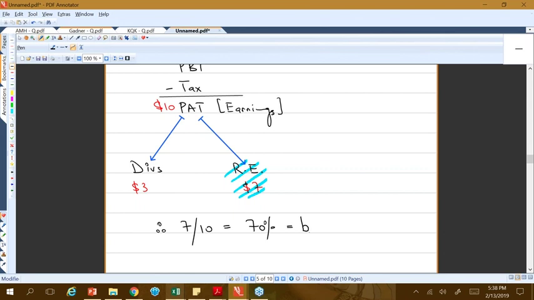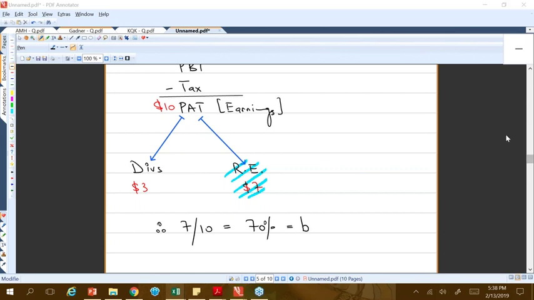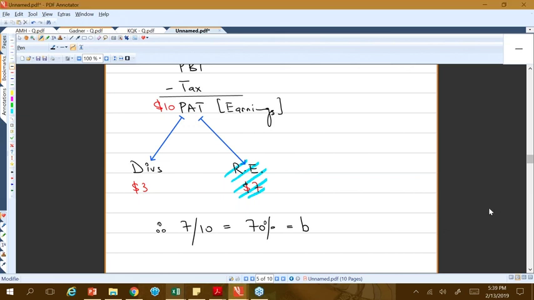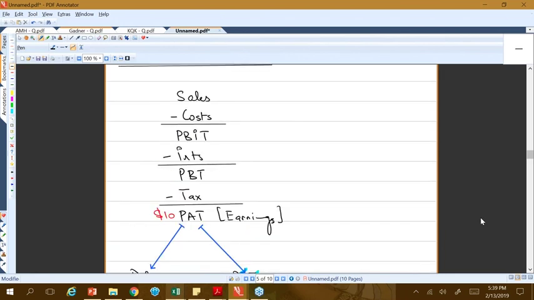So this is how we see the profit retention ratio. I hope that was useful because sometimes this causes a big confusion. Oh, what is a profit retention ratio? So remember, profit after tax is split into two parts, dividends and retained earnings. The part which is retained earnings is basically the retention. And we need to find a ratio, so we take $7 divided by $10, we get 70% as the ratio, the profit retention ratio. So, going back.